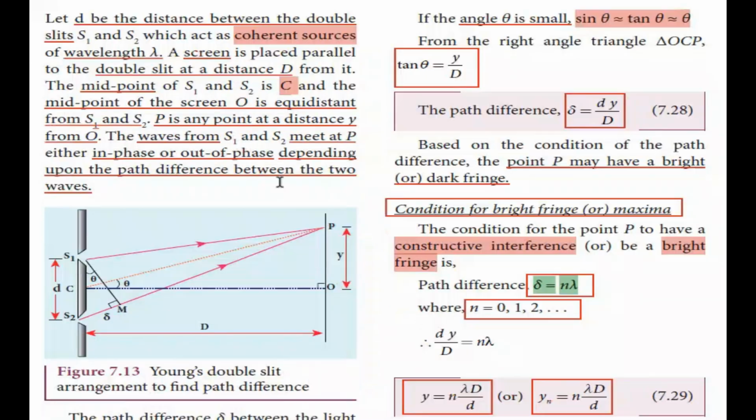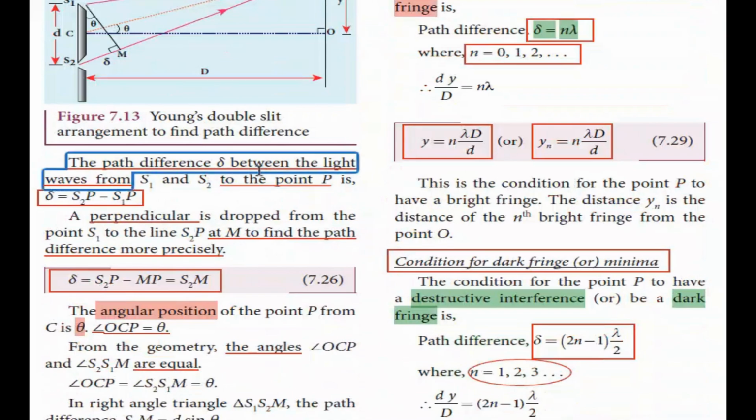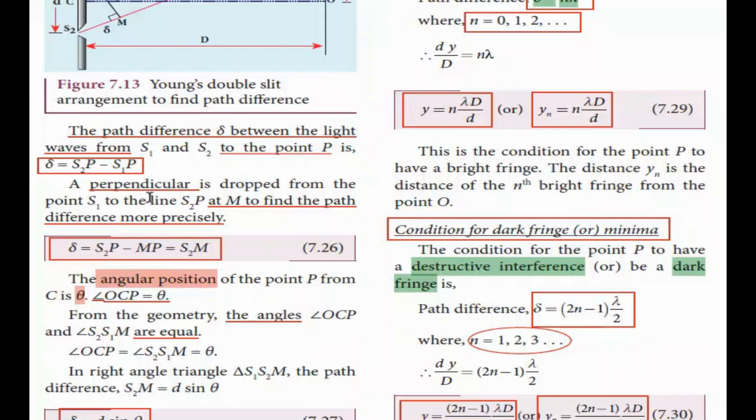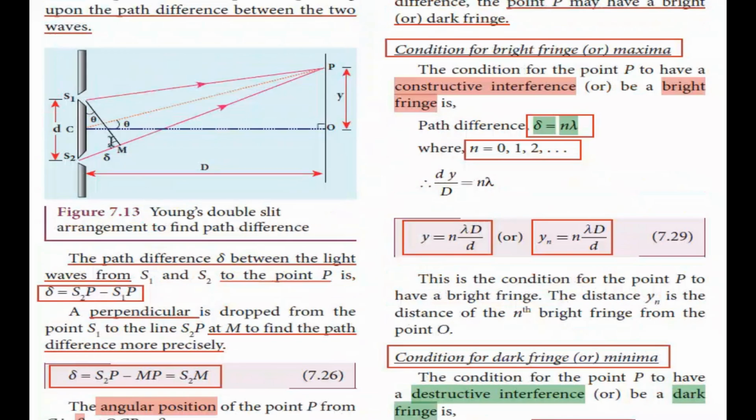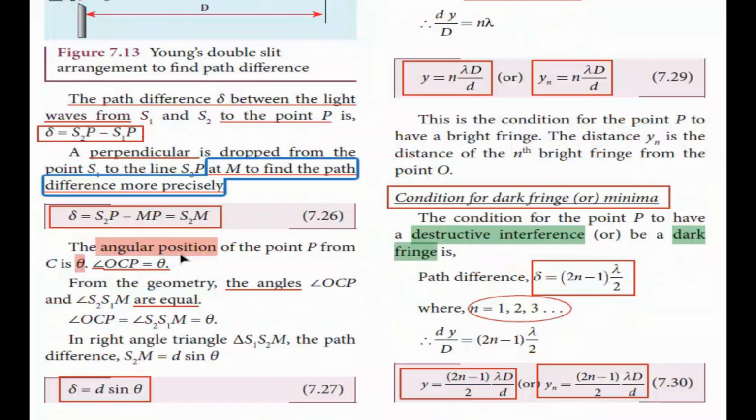The waves from S1 and S2 meet at point P. They will be either in phase or out of phase depending upon the path difference between the two waves. So the path difference delta between the light waves from S1 and S2 to the point P is given by this expression: delta equals S2P minus S1P. And a perpendicular is drawn here from the point S1 to the line S2P at M to find the path difference more precisely. That's given by delta equals S2P minus MP,